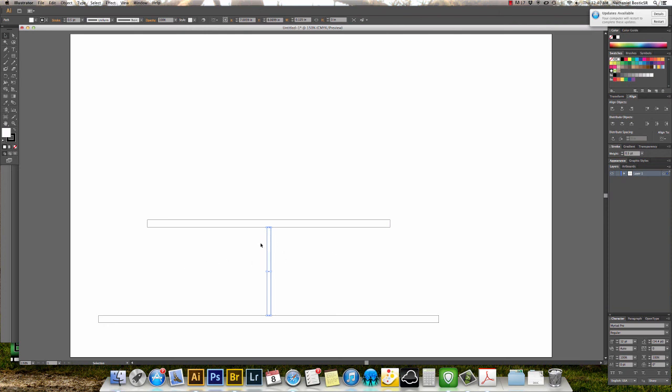So I'm going to hold down my Option key, which when I put my cursor on, you see the 2 arrows. That means it's going to duplicate. Click and hold, and I start dragging. Now, right now, I can move it anywhere I want. I'm still holding my Option key, but I'm going to add another finger and hold down Shift, and that forces